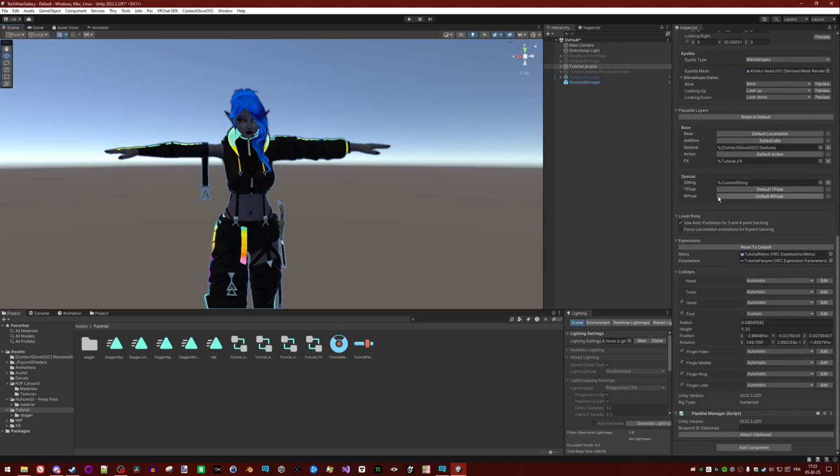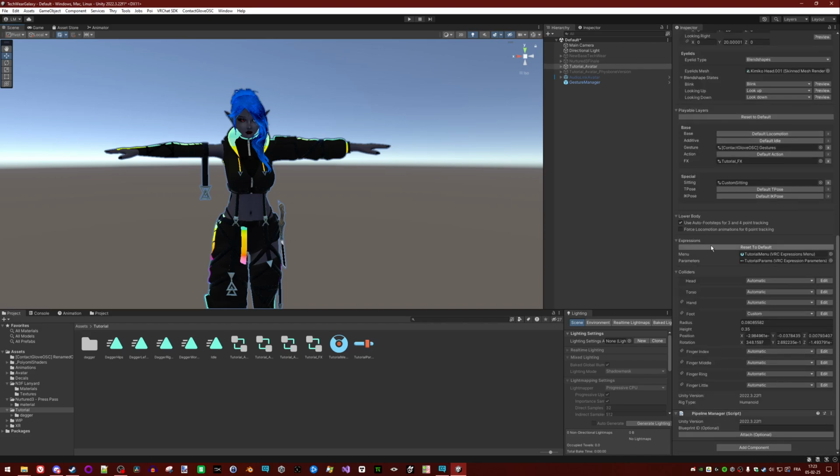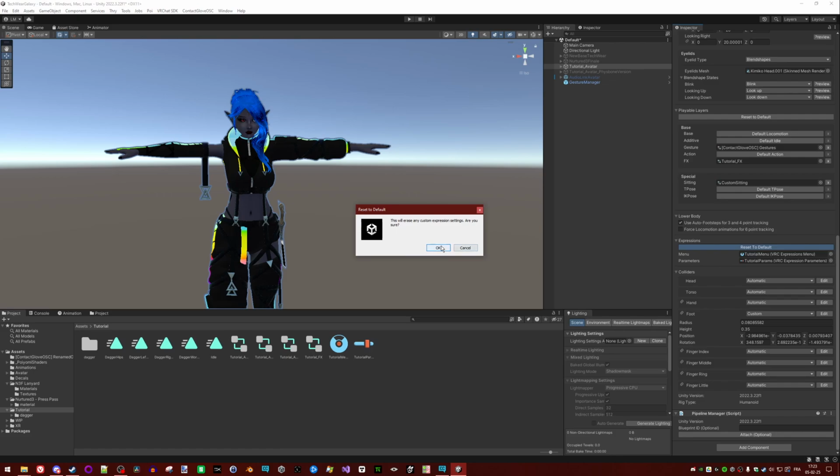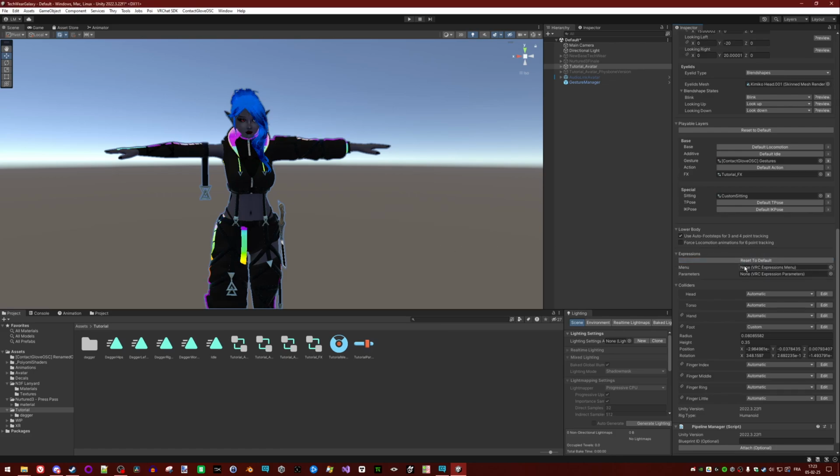If you don't know how to have a custom menu and custom parameters, you select your avatar, go down to your descriptor, and by default you will see this Expressions customize. You click on it, it will unlock 2 slots, one for the menu, one for the parameters.